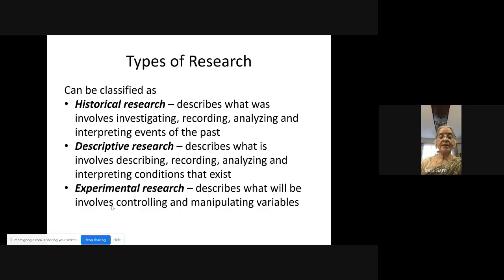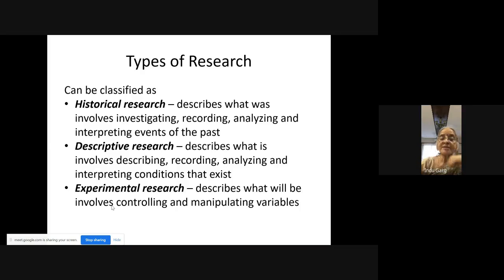Okay, you want to study the tenure of maybe Mrs. Indira Gandhi, you will go back and try to study her period of prime ministership, what all did she do? What were the good things that happened? You will collect all data and then you will say, okay, these are the good things she did, these are the wrong things that happened. Okay, but analysis is important, collecting of data is important, recording is important, studying it is very important, and then coming up with your interpretations. But you are going to study the past.